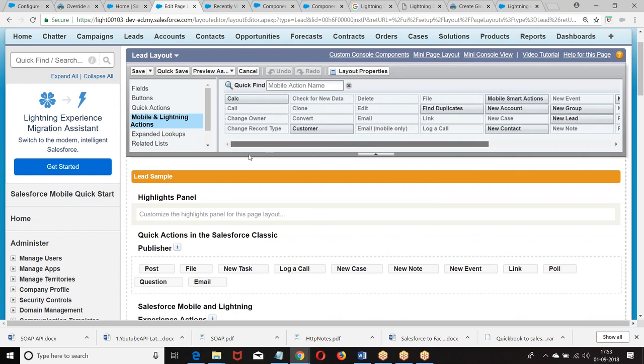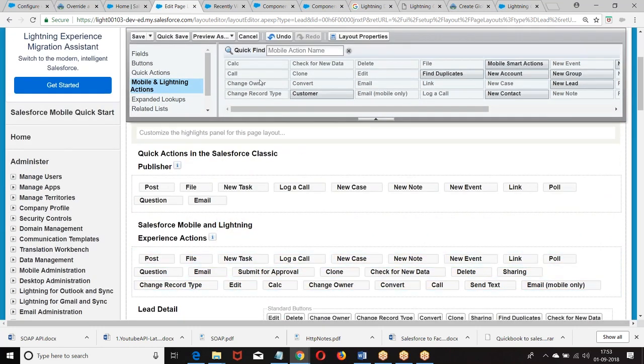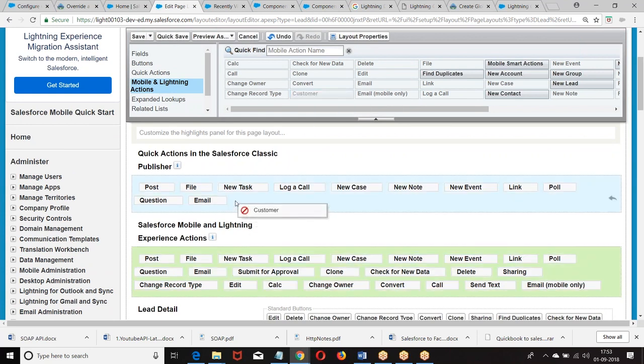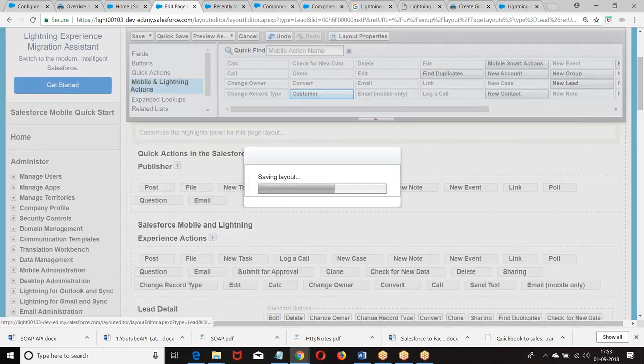Come again? Calci. This is the action. Select this action, and this is lightning. Now if you try to add this under this, it will not add. Why? Because this is Salesforce Classic Publisher. This is Salesforce Mobile and Lightning. We added our action called Calci.